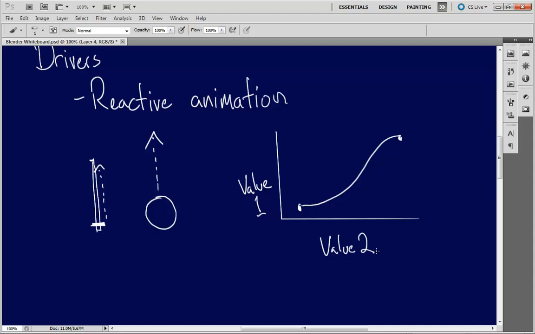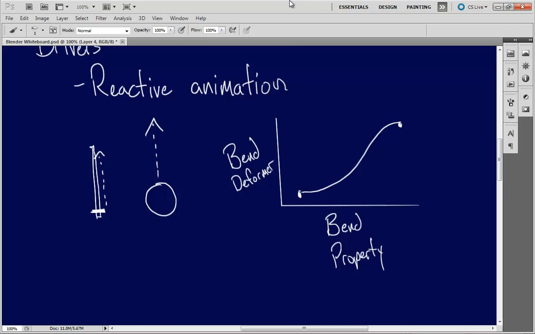So what we're going to do literally is we're going to have the bend deformer value, and instead of time over here, we're going to have the bend property.